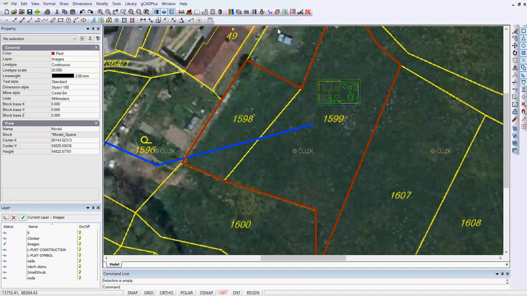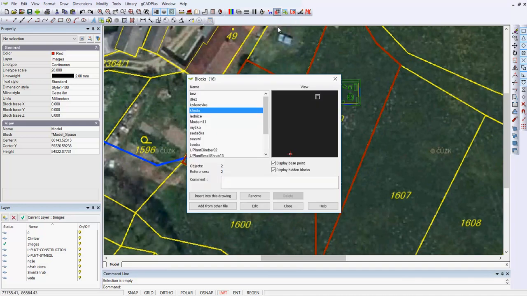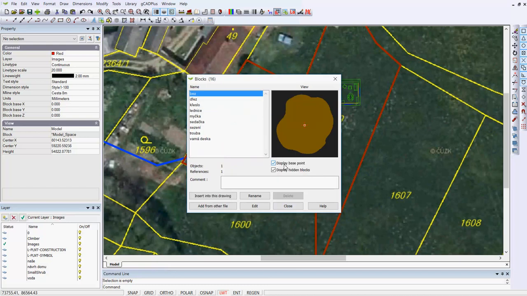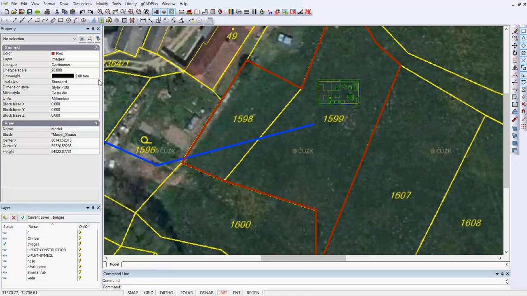I also noticed that if we look at blocks, some of the individual blocks have their base point well away. So if we start here with this block, we scroll down, here we find one that can be deleted, so let's delete all unused blocks, and we'll OK, and we're left with a few other blocks. We are reducing them. I'll close it, and let's just save the drawing,